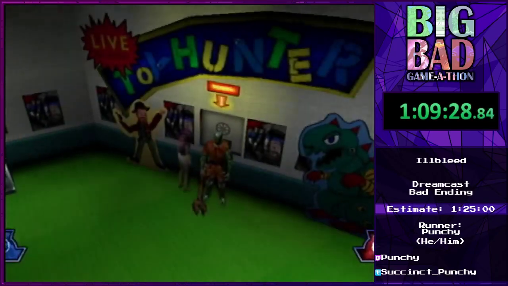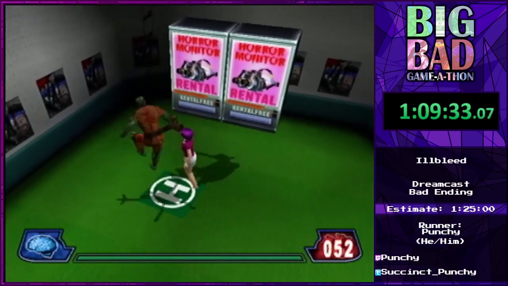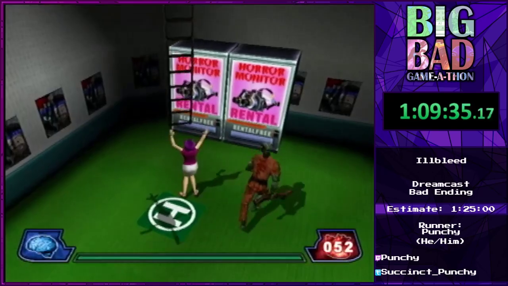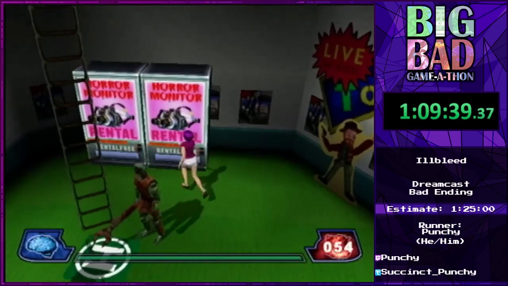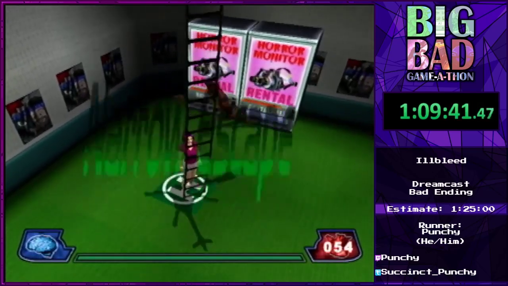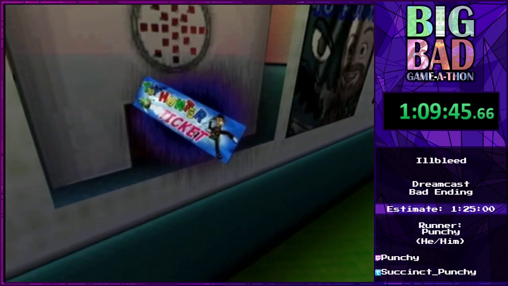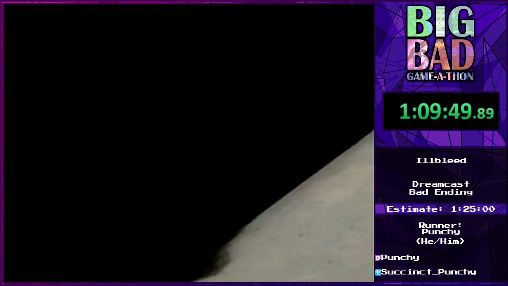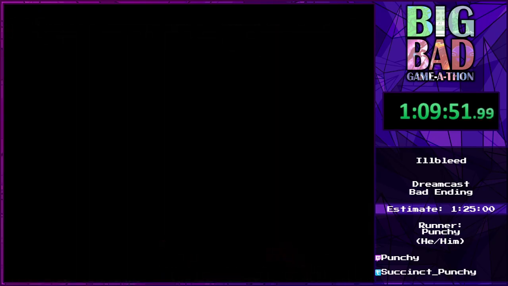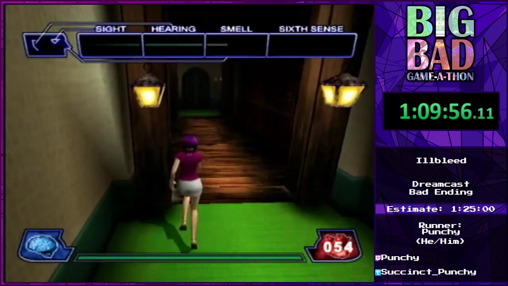Now I need a ticket. This guy attacks us instead of giving us a ticket. He just, what? He just flying leaped over my head. Bro, get off my helipad. Okay, I have a Toy Hunter ticket. Grant myself entrance to Toy Hunter. And then...